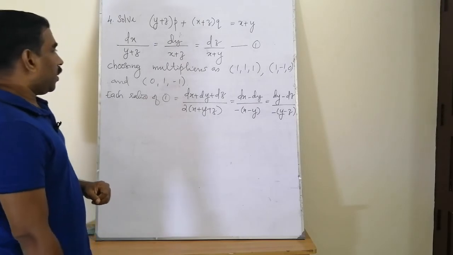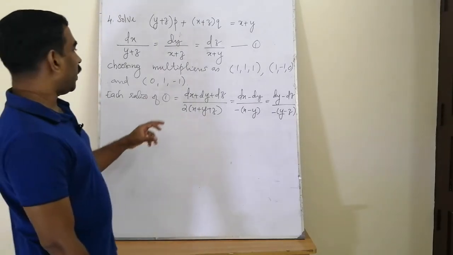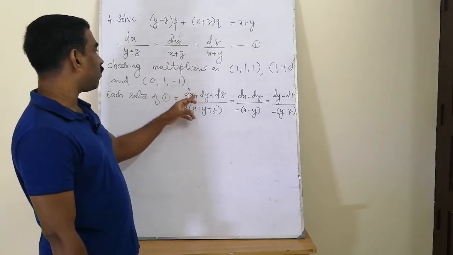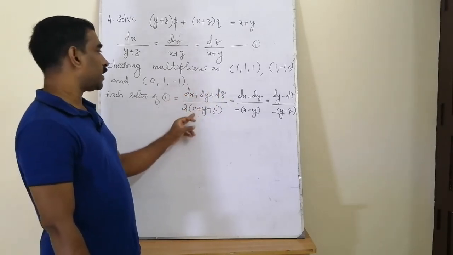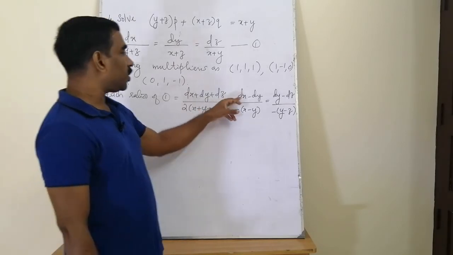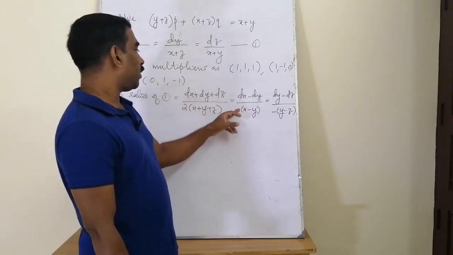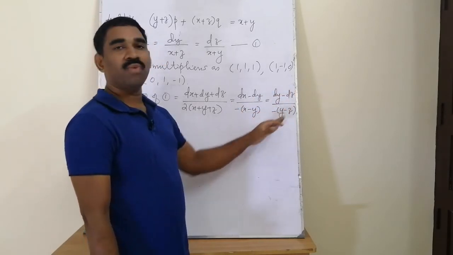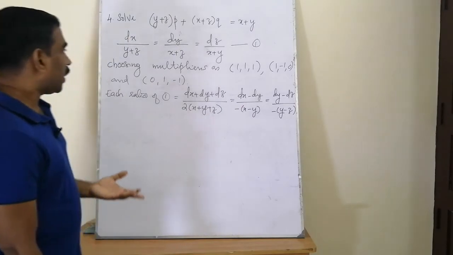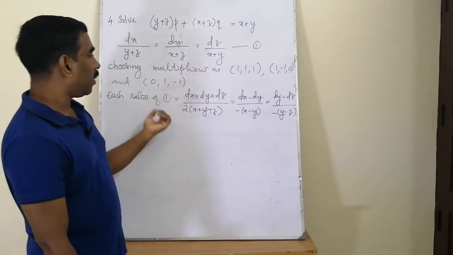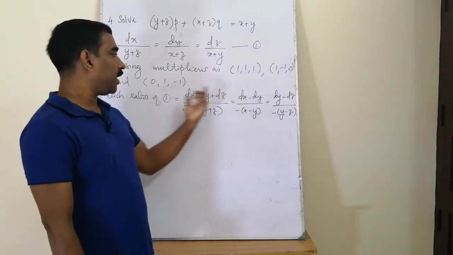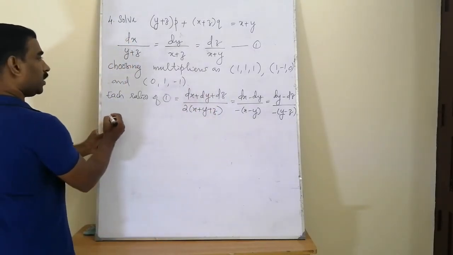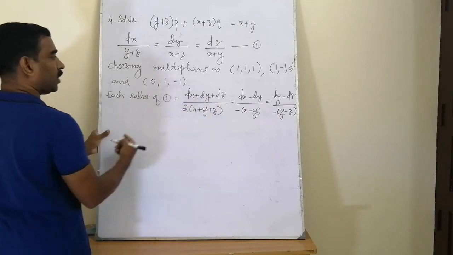Okay, and now these ratios are in integrable format. That means the numerator of the fourth ratio can be written as d of x plus y plus z by x plus y plus z, and this is d of x minus y divided by minus of x minus y, and this is d of y minus z by minus of y minus z. That means from the constructed 3 ratios we can have 2 sets of grouping, and that will suggest 2 independent solutions. That is the method. From the fourth and fifth ratios,